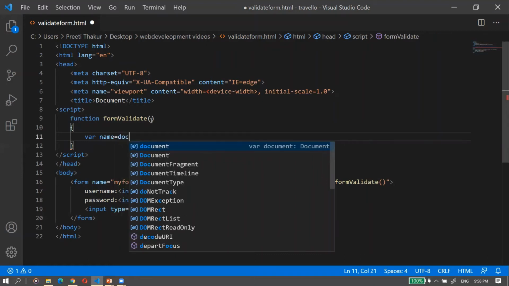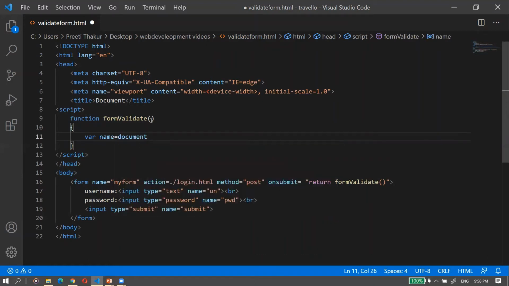So for that, document dot the name of the form, which is myform, because this username is a part of this form. So document.myform.un.value, right? So this is going to be stored in the variable called name.